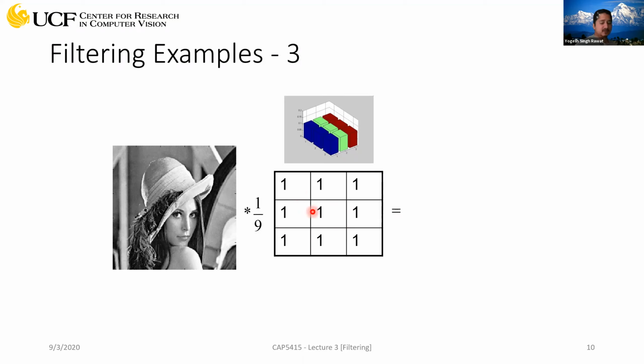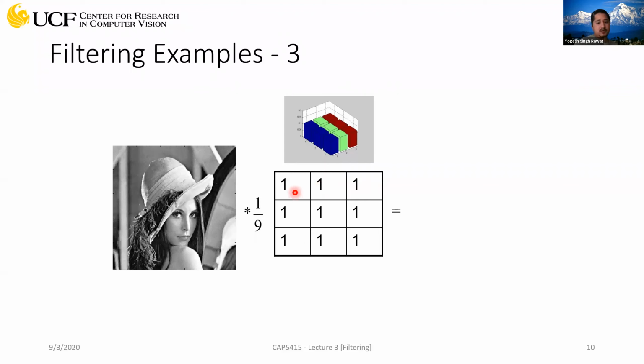And what this filter is trying to do is assign equal weights to all the pixels, the current pixel as well as the neighboring pixels. And I think in the last lecture we talked about a weighted average. Filtering can also be represented as a weighted average. So that's the operation you are doing here.